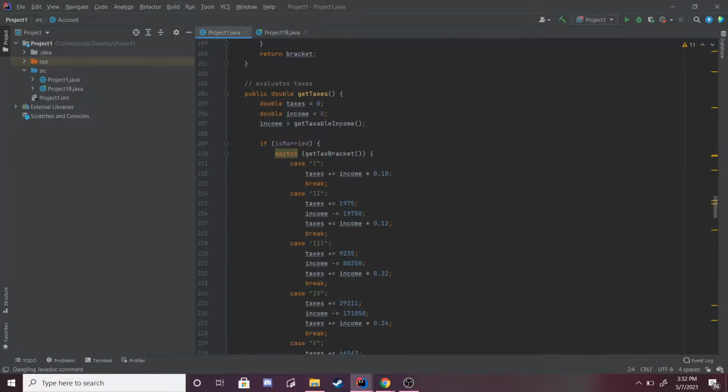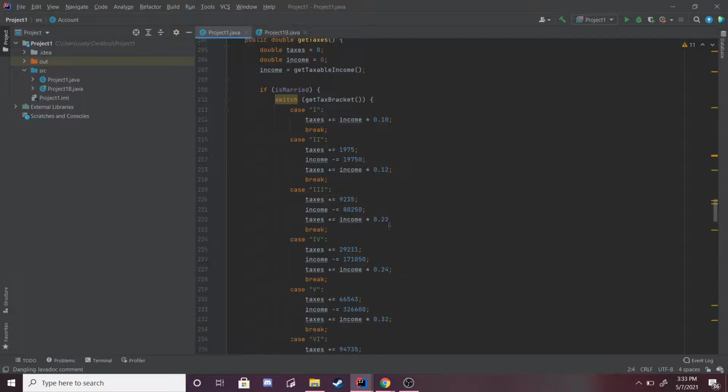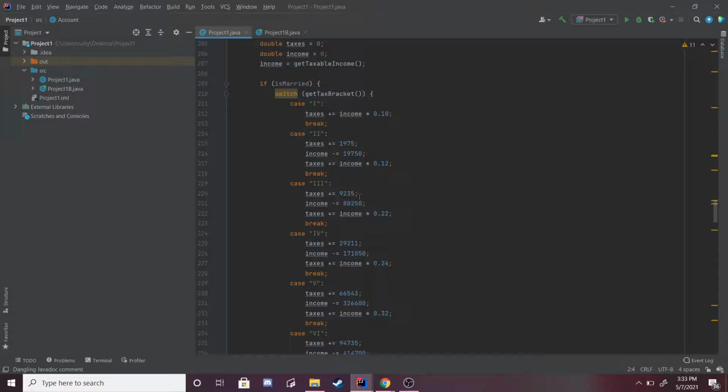Our next getter evaluates taxes. So the double taxes and double income are set to 0 automatically, and the income equals the taxable income. If they're married, for case 1, taxes plus equals income times 0.10. In case 2, taxes plus equals 1,975, income minus equals 19,750, and taxes plus equals income times 0.12. For case 3, taxes plus equals 9,235, income minus equals 80,250, taxes plus equals income times